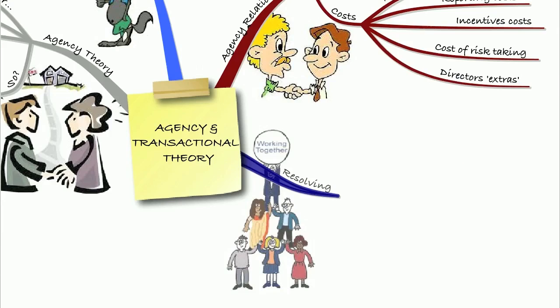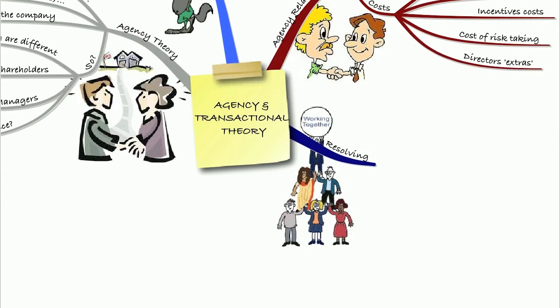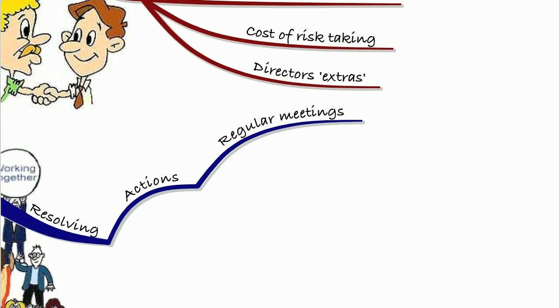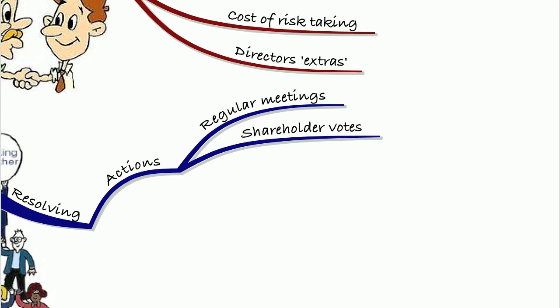So how can we resolve this agency problem? How can we resolve the fact that the goals of management and the goals of the shareholders are not the same? Well, some of the actions we can take are regular meetings to make sure that shareholders are updated as to what's happening in the organisation and what actions their agents, the managers, are taking. We can then have shareholder votes on those different areas, particularly on directors' pay, and there is some talk now of actually making shareholders' votes on executive pay binding,